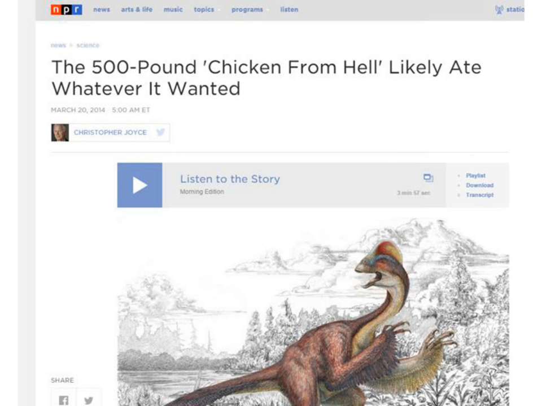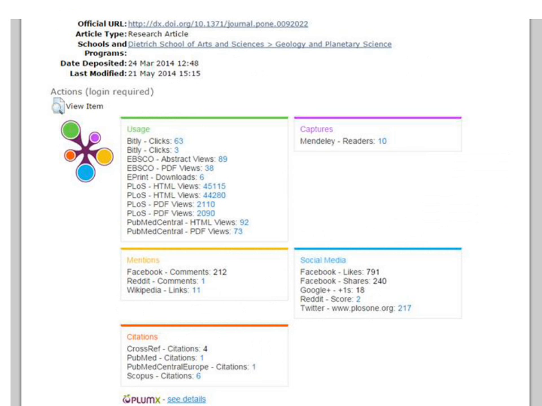By looking at the PlumX widget in the institutional repository, we can see not only the scientific interest in this paper, so the paper's already been cited, but also the social impact of this discovery and how it captured the imagination of the general public. So these are insights that we wouldn't have been able to quantify before Altmetrics.